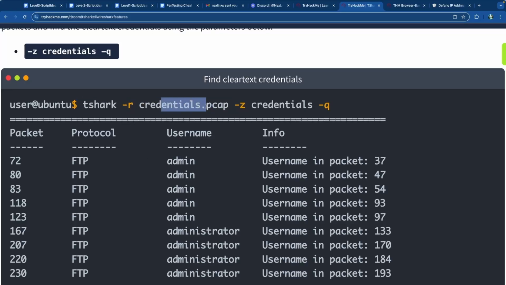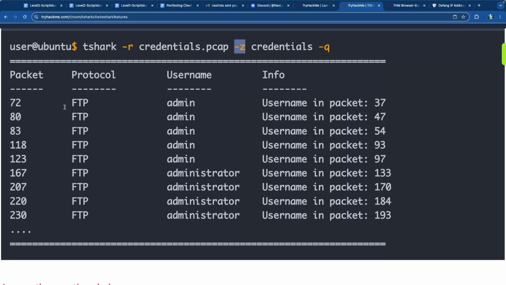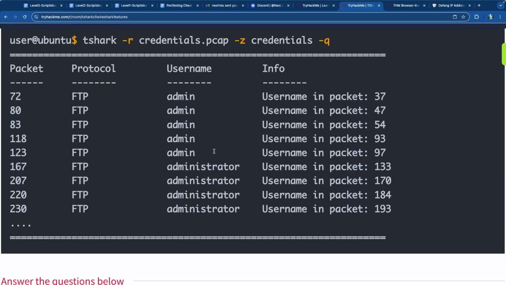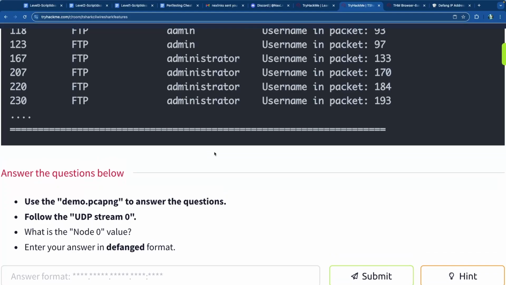TShark, read the credentials pcap, and then give me the credentials in quiet mode. And this is accompanied by the -z option so that you can look at statistics. And then packet, protocol, username. And then if we actually get clear text traffic, which, I mean, I can't imagine there would be too